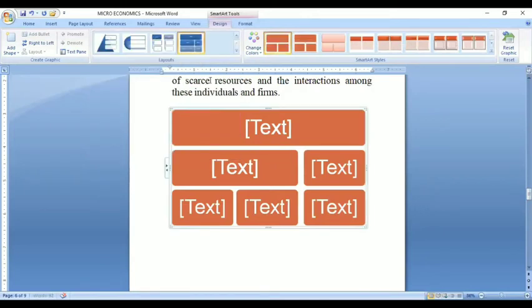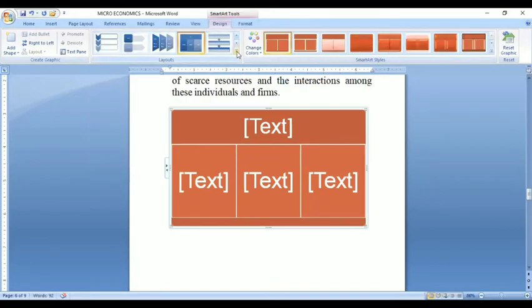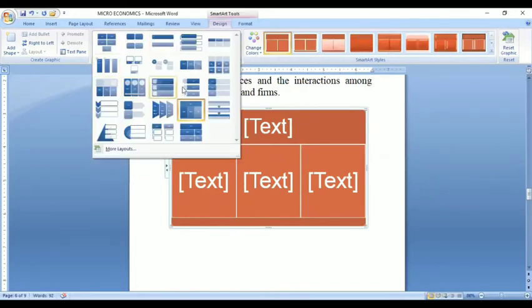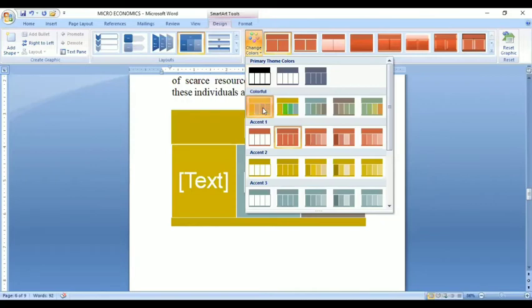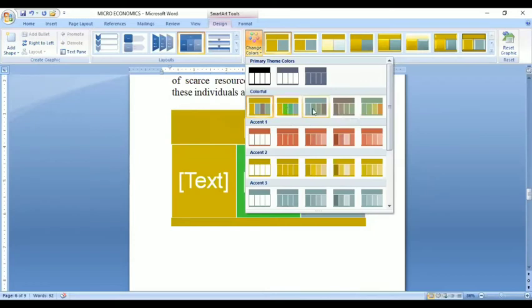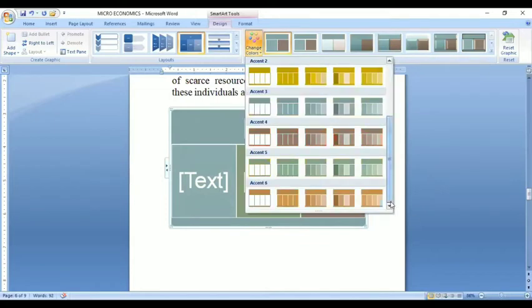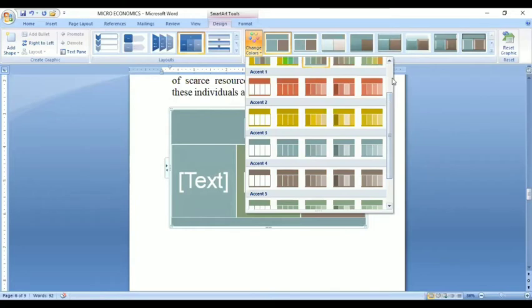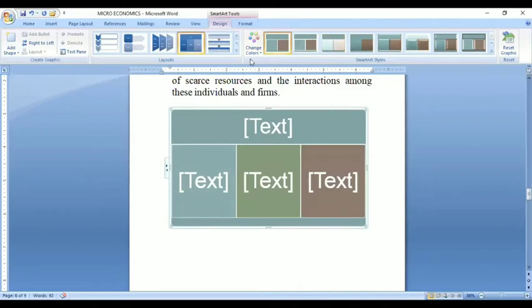See, this one is a design, this design. You can see plenty of designs. You can add plenty of designs, and it's according to your wish, you can choose. And the colors also will change. Here you have color options. You can give color also. First, if you select the design, you can change the colors according to that. You have the format. See, you can change the colors. If you drag like this, you can see plenty of colors, isn't it? Like that you can make your presentations in an attractive manner.